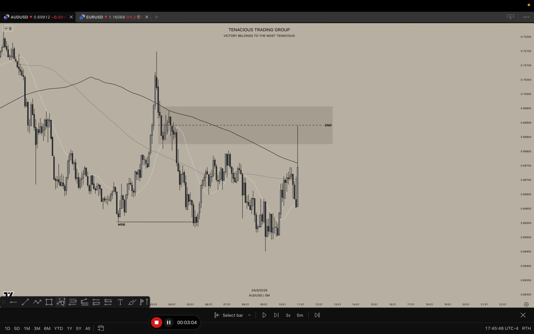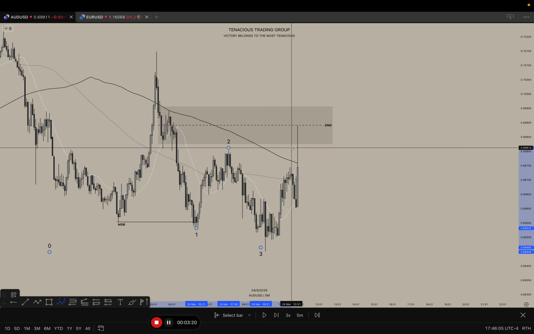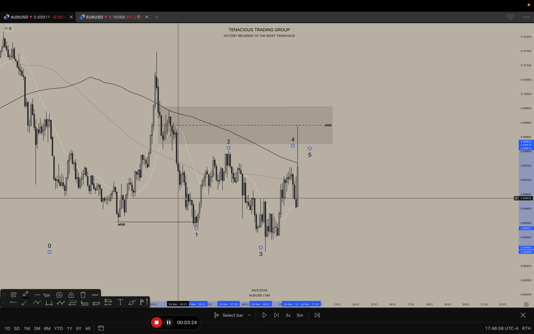So now, in terms of SBS, this is the one, which is the tap back out of the zone. Two to tap back in. Three is the lower low. You guys already know my one, two, and three. Two should be the highest point between my one and three. Price has now swept some sort of liquidity where now this is my four. And now I'm looking for the entry confirmation where I can now potentially get my five. So we now have our SBS, price is bearish, SMAs are bearish, and it's looking like a potential decent